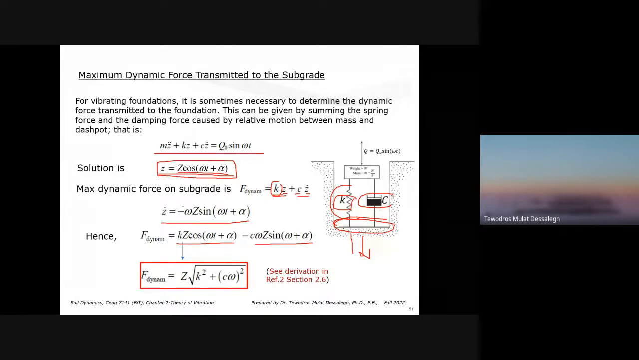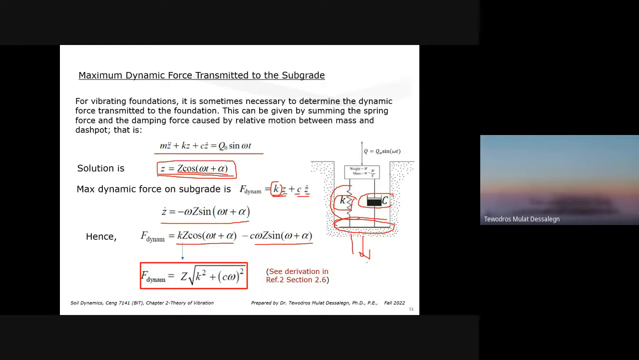Now the damping force, you can see it's minus. It makes sense. Why is it minus? Because the damping is always trying to help you reduce the force. If you further simplify this equation, you'll arrive at the dynamic force, the maximum dynamic force from this system going